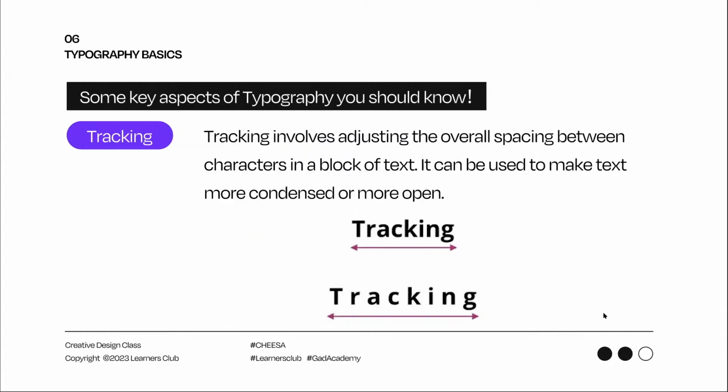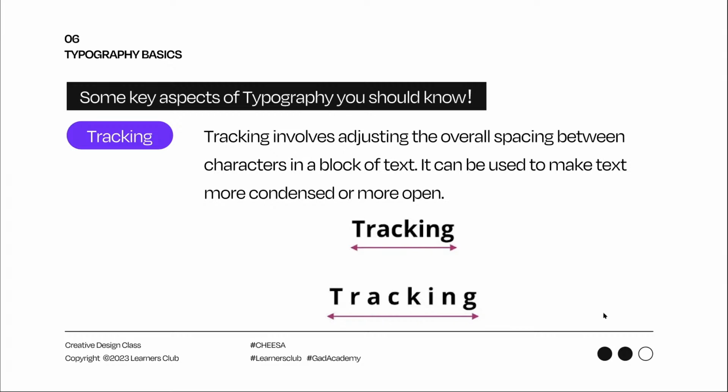And then there's tracking. This is another key aspect of typography. Tracking involves adjusting the overall spacing between characters in a line or in a block of text. So a whole block of text, a whole line of text, the overall spacing between characters is what we call